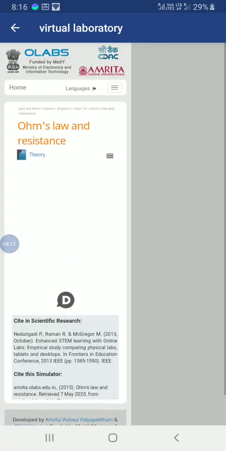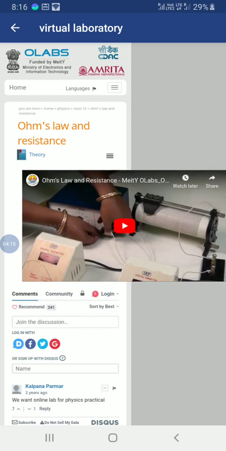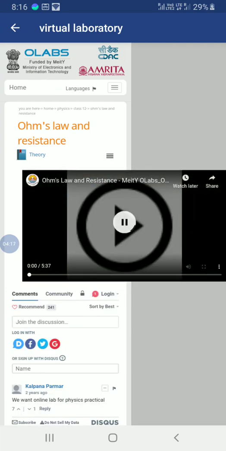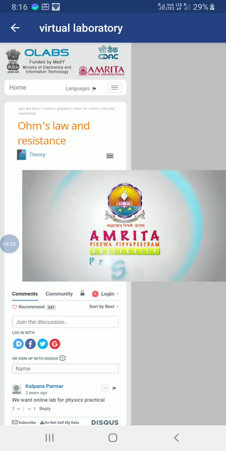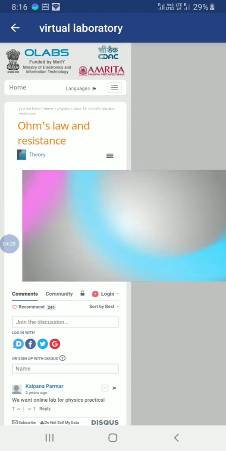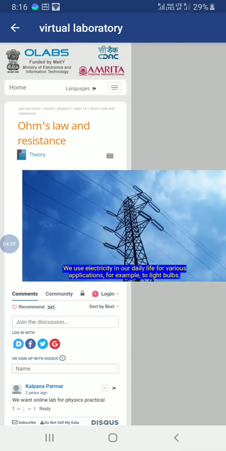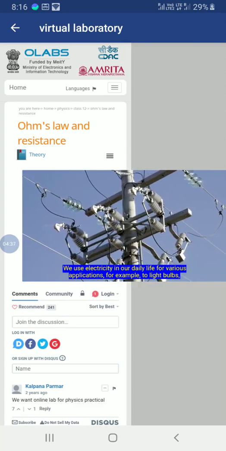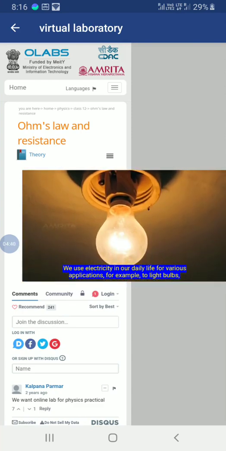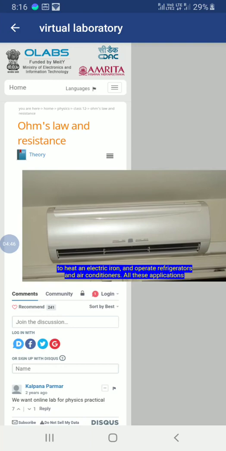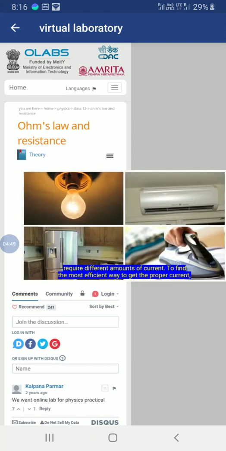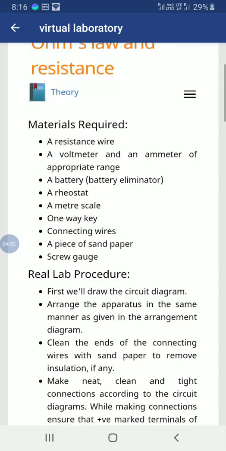This is very much important because it is a real case of an experiment, how to do this experiment. So if you watch this video, it will be much easier to do the experiment in a real laboratory. Here we are not going to do the experiment in a real laboratory. We will do it in a simulation, and all values you have to note: voltmeter reading, ammeter reading, resistance, nature of wire, and diameter of the wire, everything you have to notice. We will again go back to the menu.